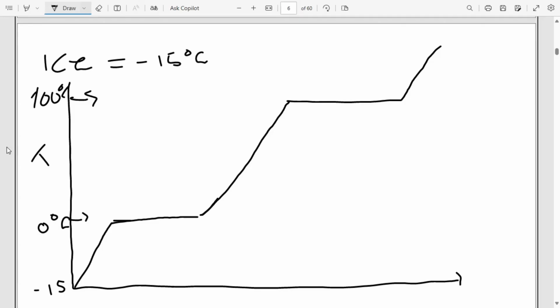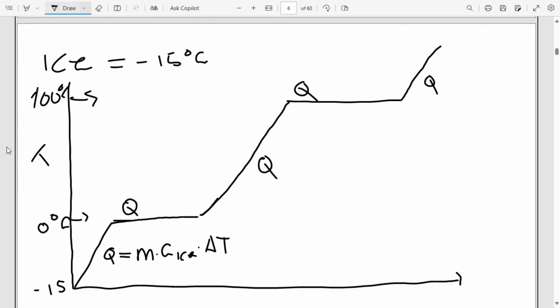So there is heat that is absorbed here, there's Q here, there's Q that is absorbed here, and also Q that is absorbed here, also even here. So what you're going to notice is that the Q that is absorbed here will be the amount of energy that is just increasing the temperature of a substance by 1 degree Celsius. So as time is moving, you're going to find that the formula for Q at this phase is going to be equal to M multiplied by C, which is the specific heat capacity of the ice, multiplied by the change in temperature.